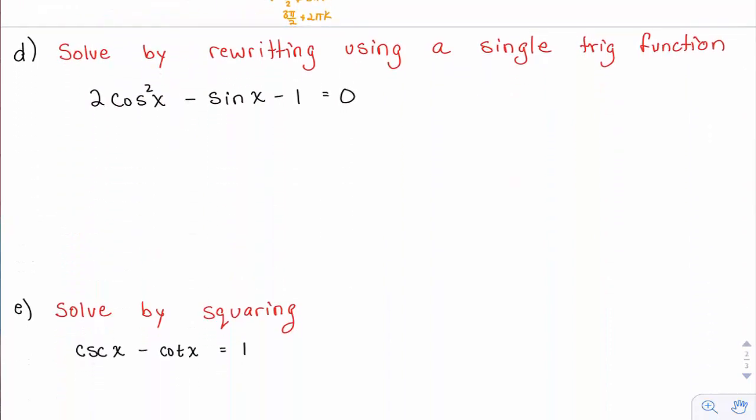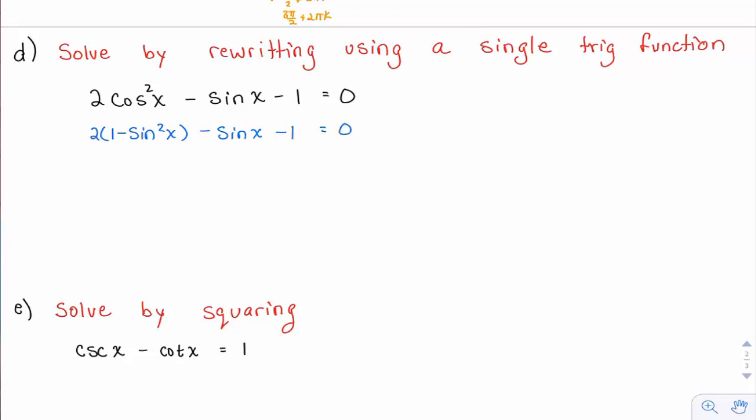Next up is going to be solving by rewriting using a single trig function. So that means in this case, you'll see the example I have, it has two trig functions in it, and we're going to go ahead and use a trig identity to simplify that down to one trig function, just make it a little bit easier hopefully. So if I do that, I'm going to take this 2 cosine squared x, I'm going to call it 2 times 1 minus sine squared x